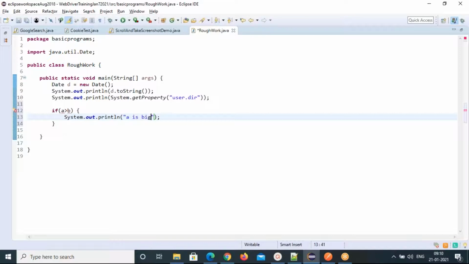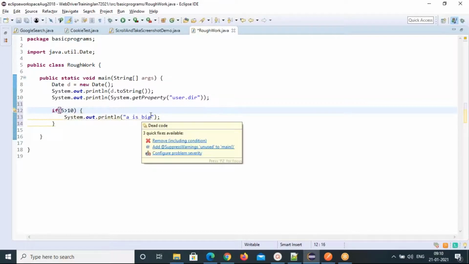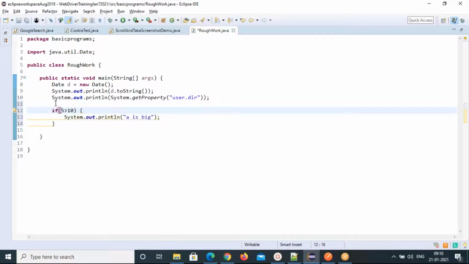So a is big, you can say. So maybe I'll say, and you can print something, or you can just define here some data, 10 equal to 15, something like that. Then you can use those variables directly. The a is the one data, it contains the variable name, and b another data. Then you can say a is big, otherwise else.